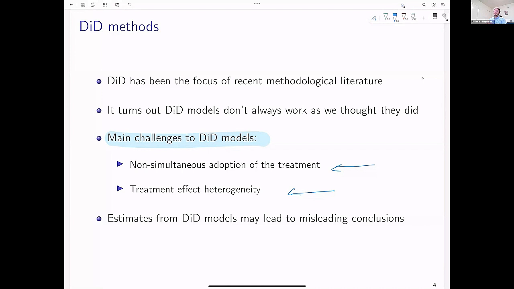So actually what we'll see is that even in the simple case with a binary treatment, diff-in-diff models can fail in some settings. And then if on top of that, you add the fact that maybe your treatment is not binary, so it's not even clear what you mean by the treated and the untreated group, that can be even worse. Okay, so maybe if we have time, we'll discuss that by the end of the class. But for now, we're going to start with the easy case of